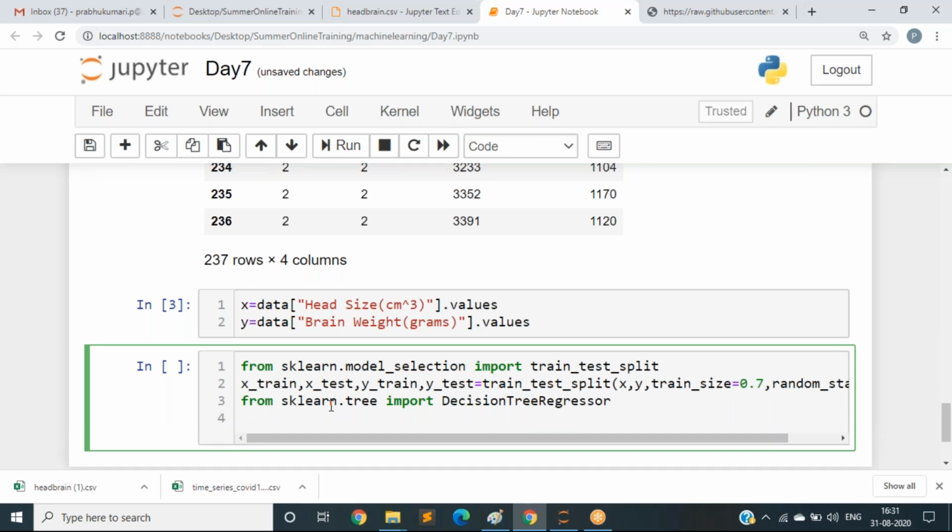And what is the next step? We should create an object for our decision algorithm. Model equal to, I am taking the variable as model here.